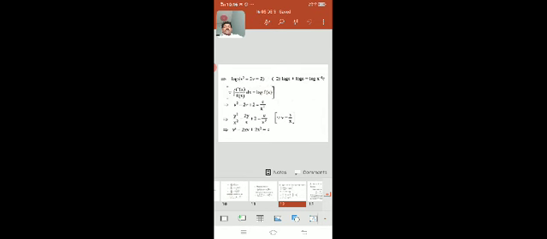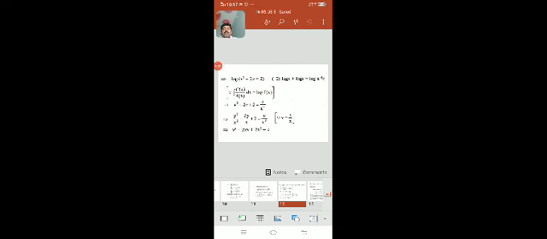So once again you have to recollect all the integration formulas and all the particular integration methods. Integration of f dash x by f of x dx is a particular method. So by observation you have to confirm that it is in the form of f dash x by f of x, that is, whether differentiation of the denominator gives the numerator. Like that, many standard methods are there in integration. All those methods and formulas should be remembered once again and used here to solve this type of homogeneous differential equations.